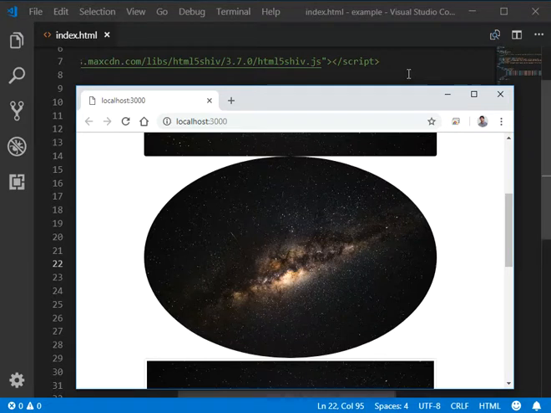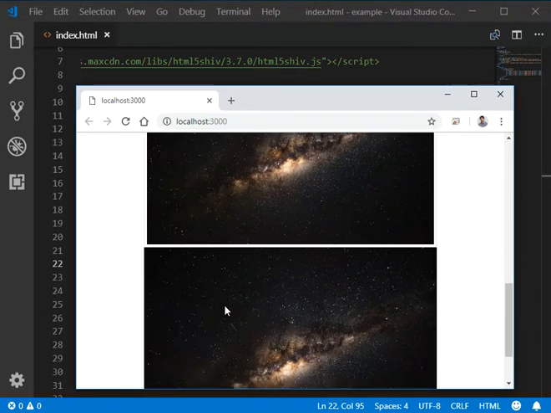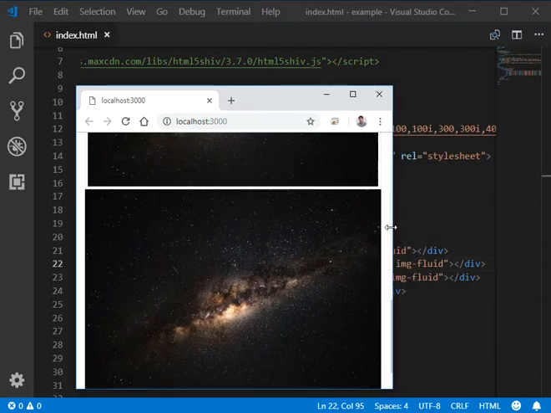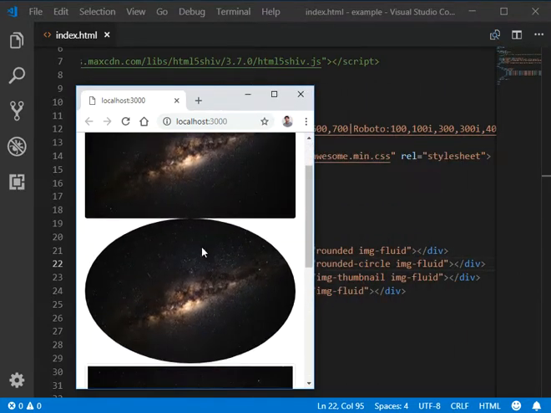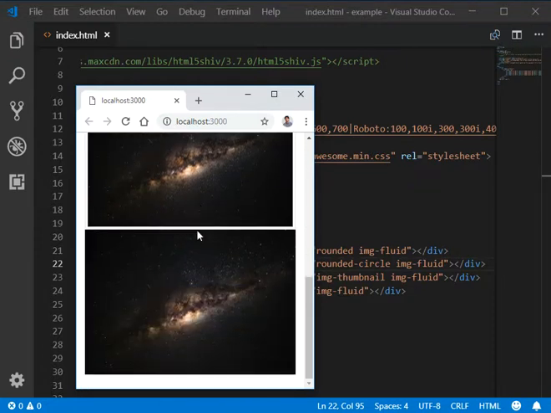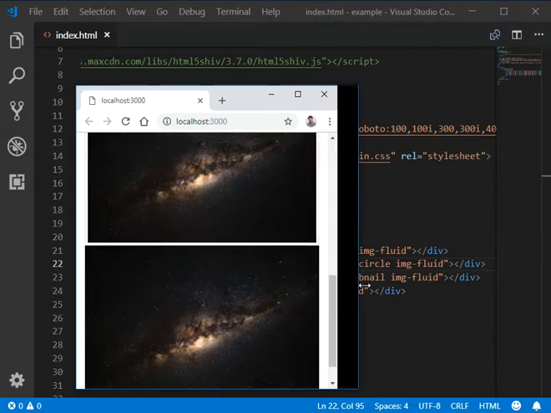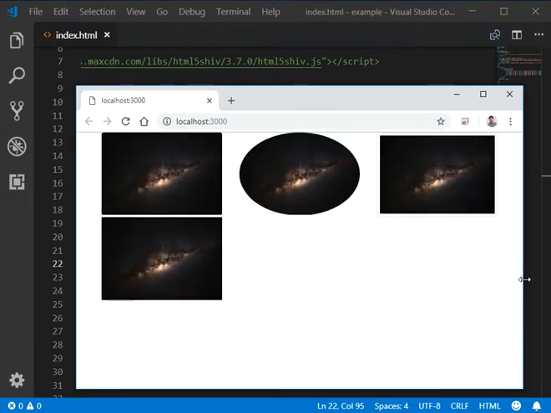Here we have added rounded-circle, and then we have the thumbnail, and this is our img-fluid, where you will be able to make it responsive like this. I have added the img-fluid class to all three or four, and it will be automatically responsive. So that's all for images, and you can also add some kind of floating to your images, like I'm